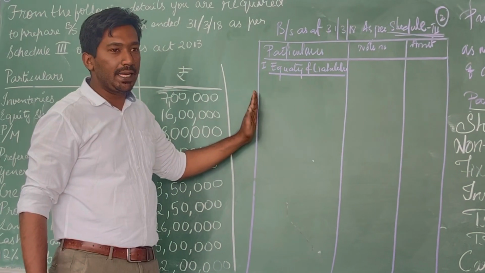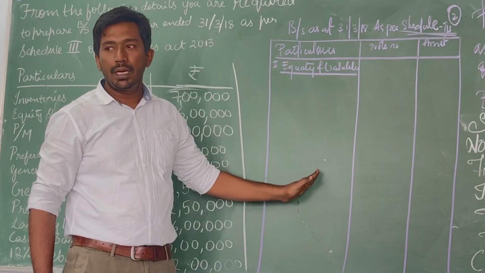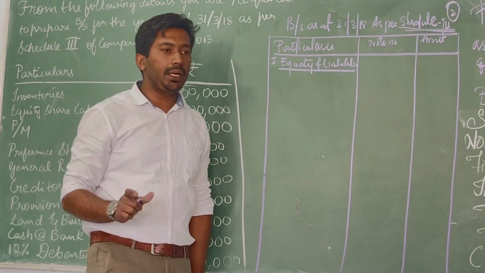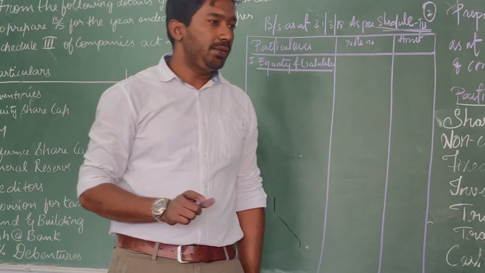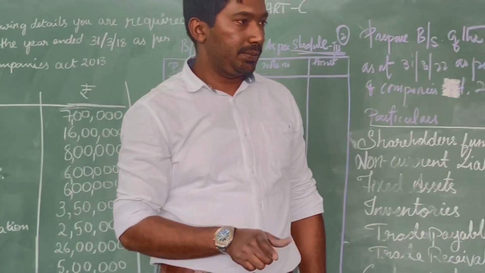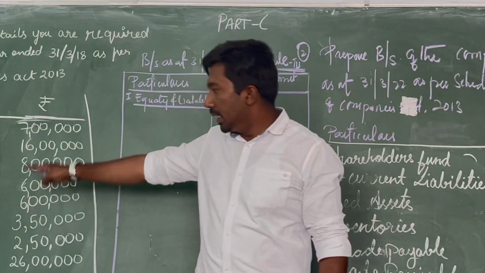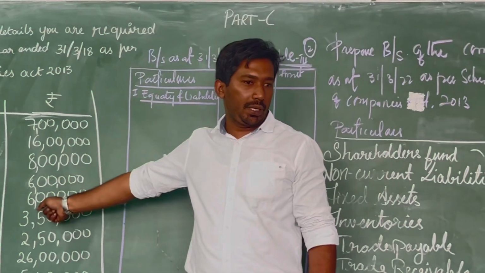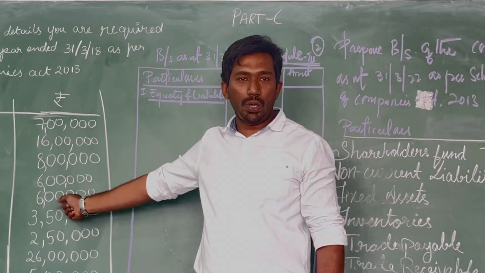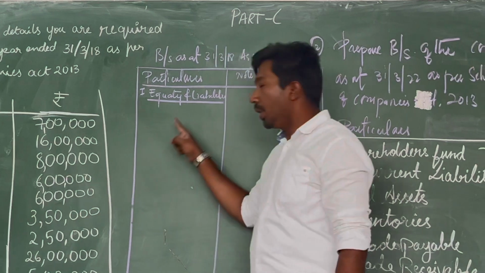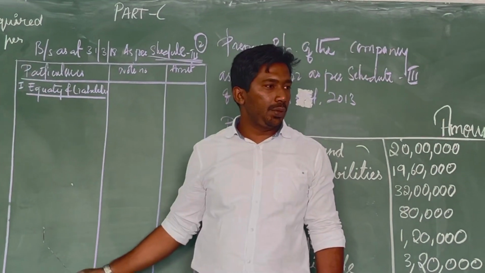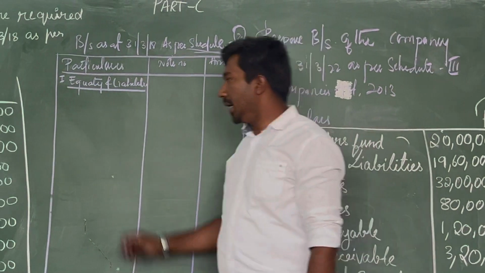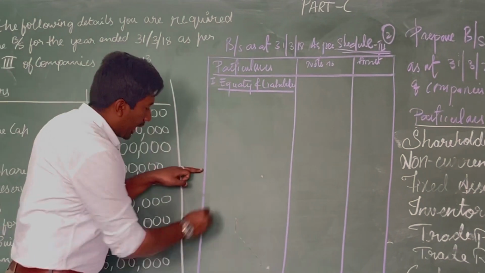So you can write the same format for this as well as for comparative and common size. Sometimes for comparative and common size they will give it in the trial balance format. The question which is given like this, sometimes they will give the entire balance sheet exactly, sometimes they will give it in this format. If this format is given to you for comparative and common size, you need to remember this, guys. The only thing you need to remember is the format of the balance sheet. Okay? First main heading is this. Then second main heading is